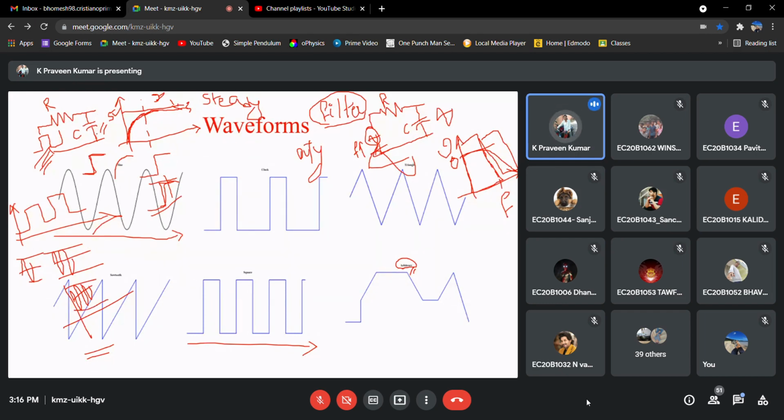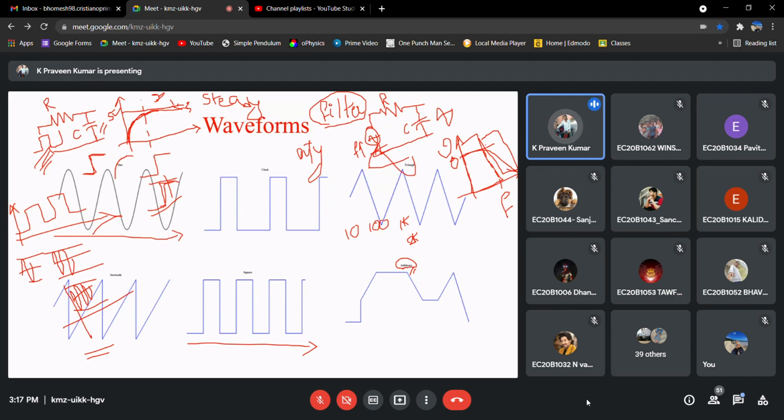The frequency response we can't observe. All the components will be there, but I want to see each and every component: whether this component is allowed, whether 10 hertz is allowed or not, whether 100 hertz is allowed or not. I want to see individual components. So in that case, we apply a sinusoidal signal where we vary the frequency in steps: 10, 100, 1K, 2K, 3K, and keep on increasing.